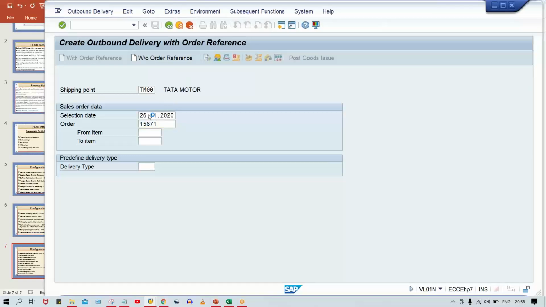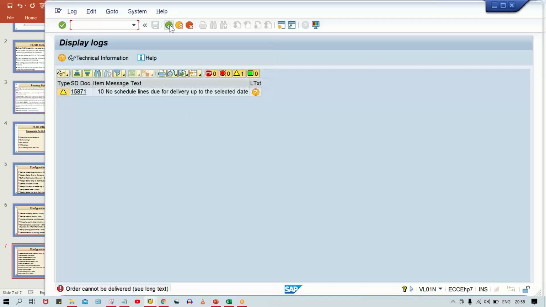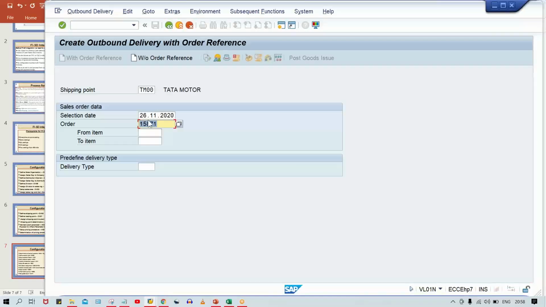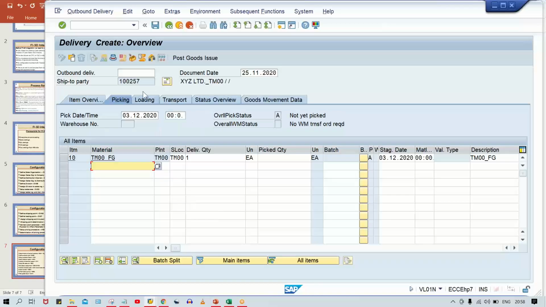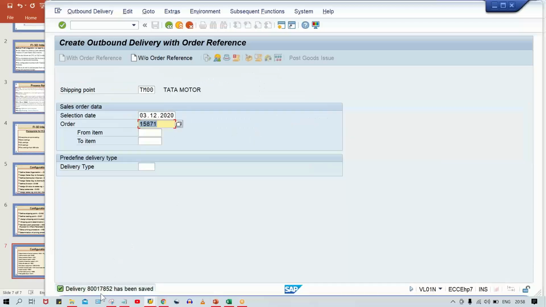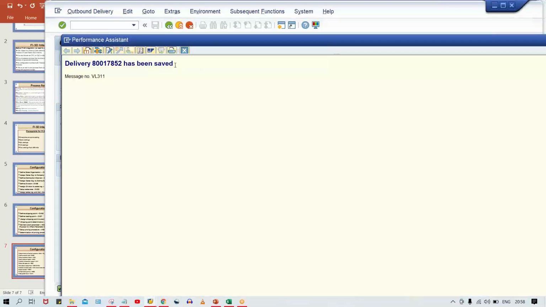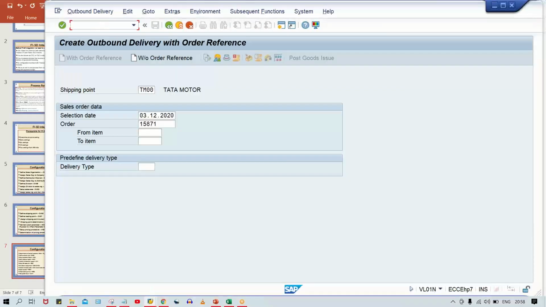and I think we made a mistake. Okay, so here the delivery date I forgot to change, so I think a different date. I think this date is updated, so I'll just give this date here and pick again one quantity. Click on PGI, post goods issue. So it got posted. This is the delivery document number, and with reference to this delivery document number, I'll have to post a billing document, that is VF01,